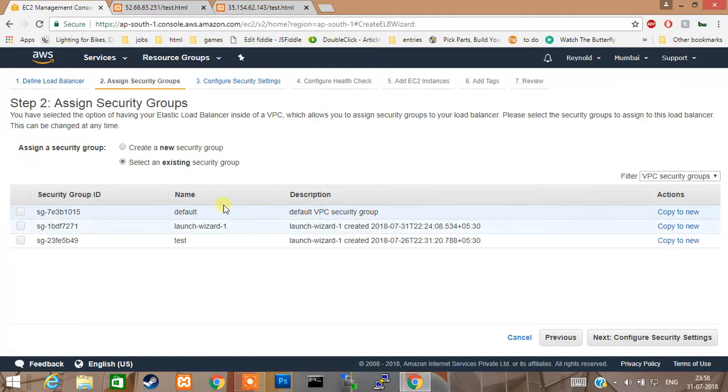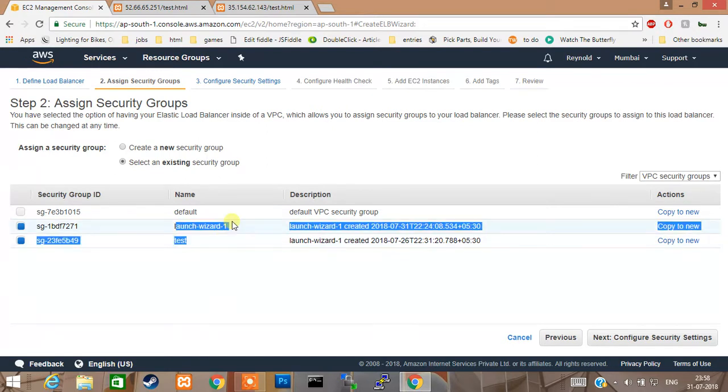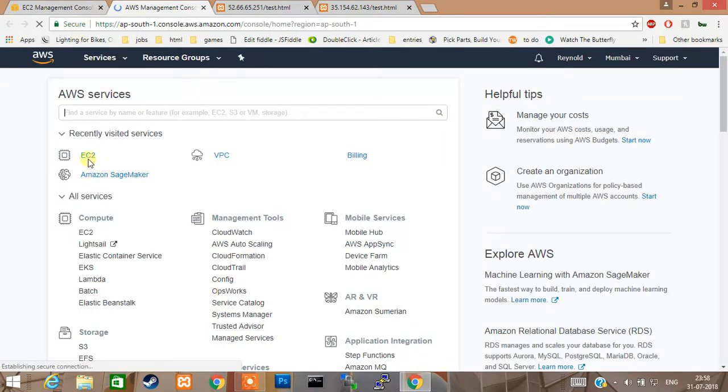Select group. It is very important to select the groups that you have selected for the load balancer. If you don't know, just select all the groups, else you'll select these two groups. How do you get to know which group you're from? I'll click AWS management console, and go to EC2,